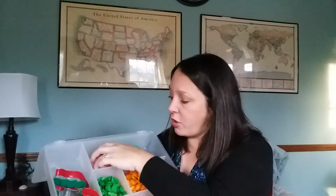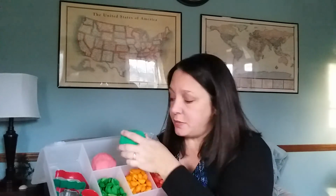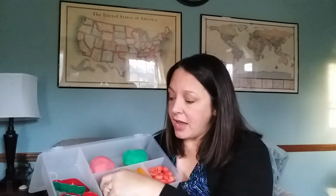Christmas tree sensory or Christmas ornament also Play-Doh trays. You could use the red for the ornaments. You can use green for ornaments or Christmas trees. We have different cookie cutters. And then I just dyed some pasta noodles that are shells. I dyed them red and yellow and green. And then he can roll out the Play-Doh and then use the cookie cutters, and then they can decorate it